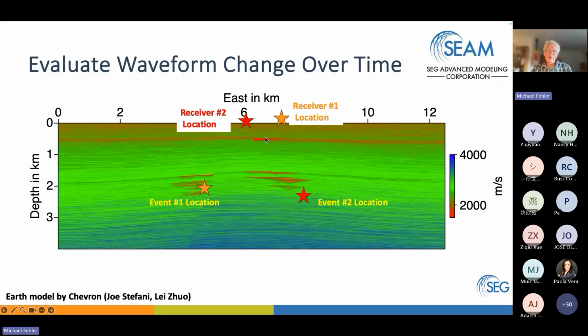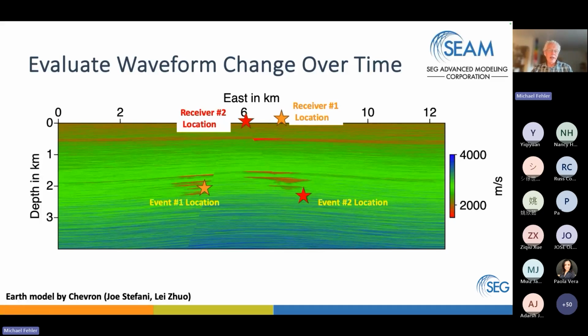It just barely made it up to this area. It's not gotten to this region. There is CO2 here, but not very much. And then at 30 years, actually, this is the 30-year plot. So you see there's a lot of CO2 in the shallow reservoir. So we have a baseline, we have 9 years, and we have 30 years.